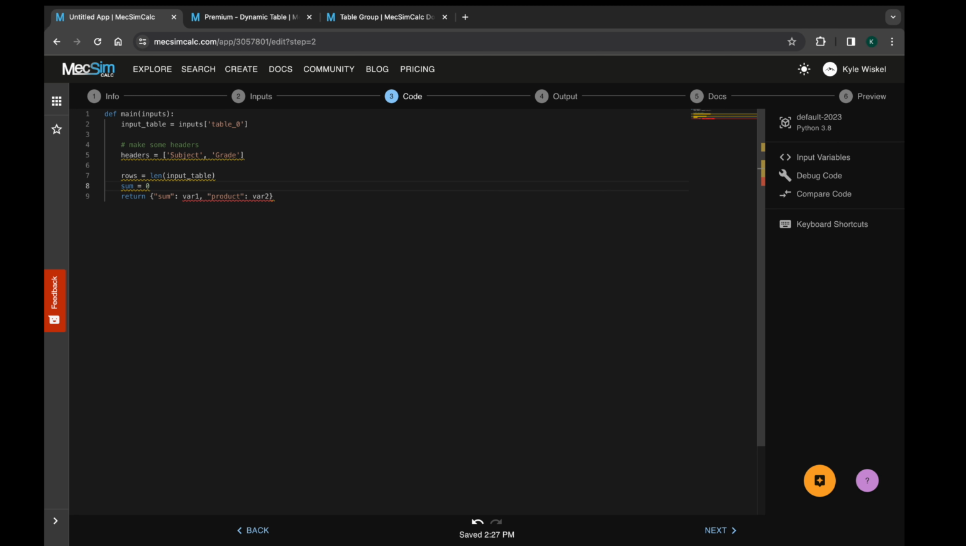We can then set the sum to 0, and we will need to loop through each row to get the grade, sum it up, and then calculate the average. To do so, we will do a simple for loop from 0 to rows, and sum up